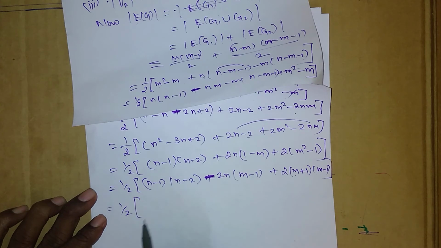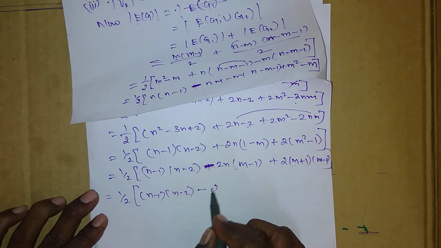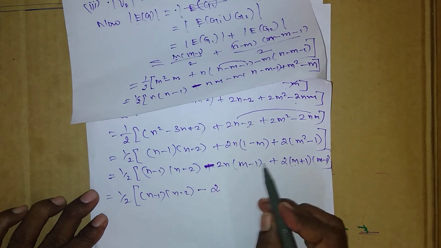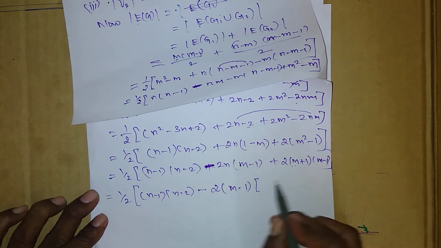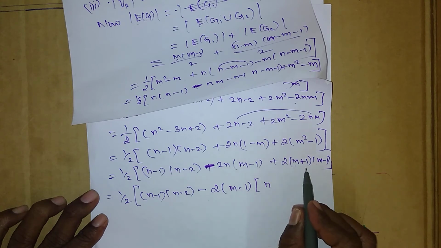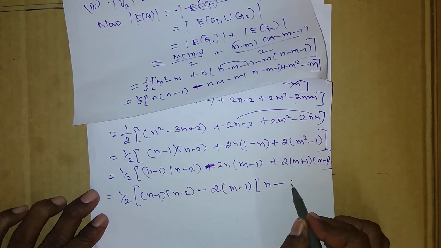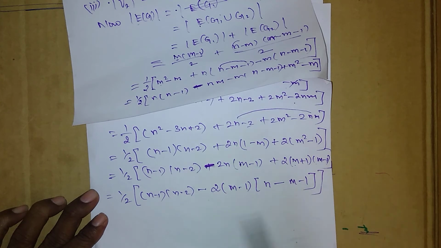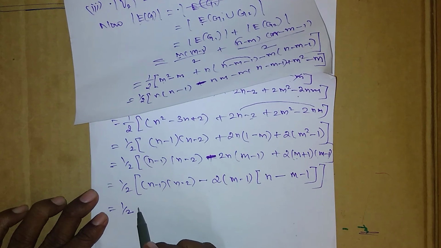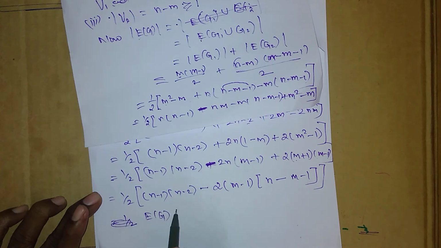This is equal to 1/2 into n minus 1 into n minus 2 minus 2 into, here m minus 1 is common, therefore I am taking m minus 1 common. 2 into m minus 1, we have remaining n. Here when taking minus outside, this is minus of m plus 1, that is m minus 1. This is equal to 1/2 into n minus 1 into n minus 2 minus 2 into,